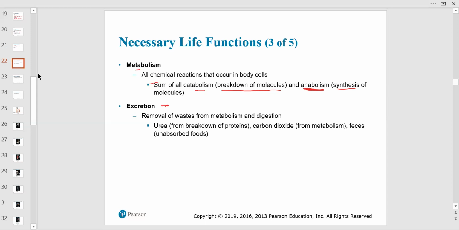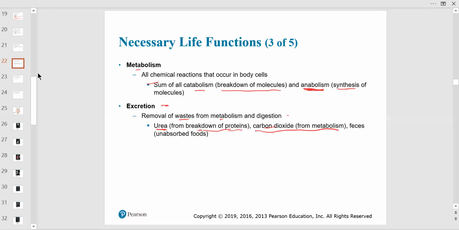So excretion of wastes, which is metabolism from digestion, but it's not just that. It's also carbon dioxide from cellular metabolism, because we're using oxygen to make the ATPs, to give the energy to the muscle to contract. And carbon dioxide is one of the byproducts or waste products of muscle metabolism. And you'll learn about urea, which comes from the breakdown of proteins. Not amino acids, of course, but urea is kind of the waste product.